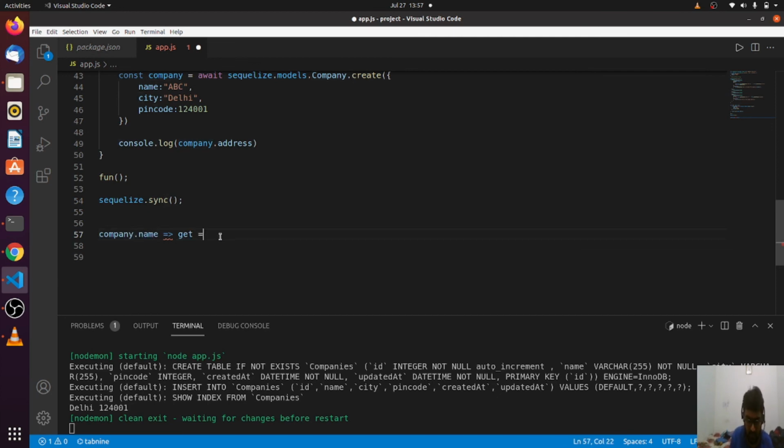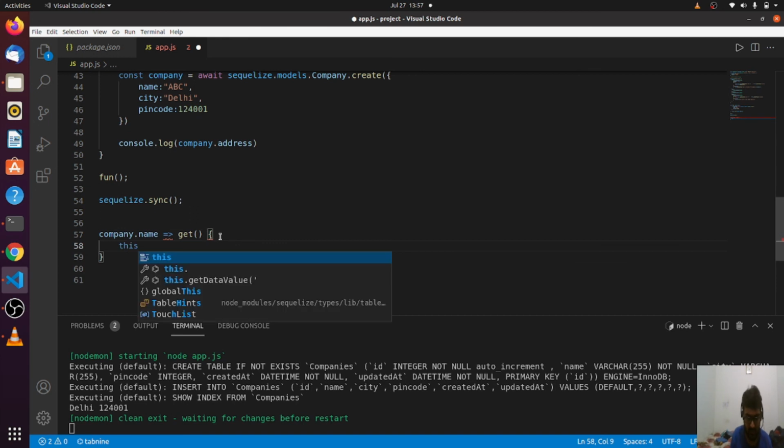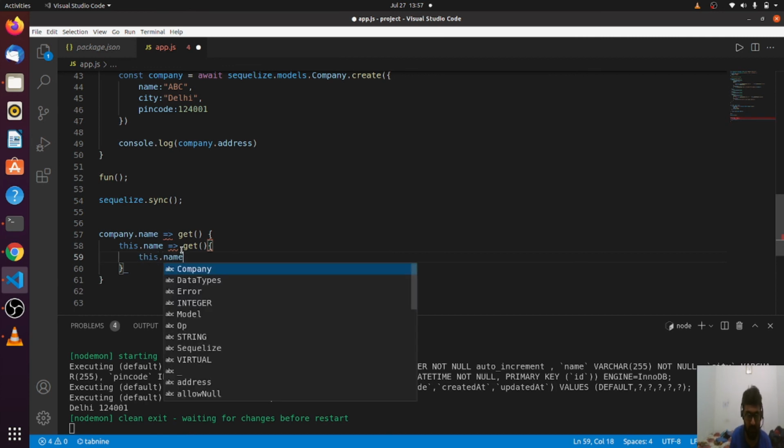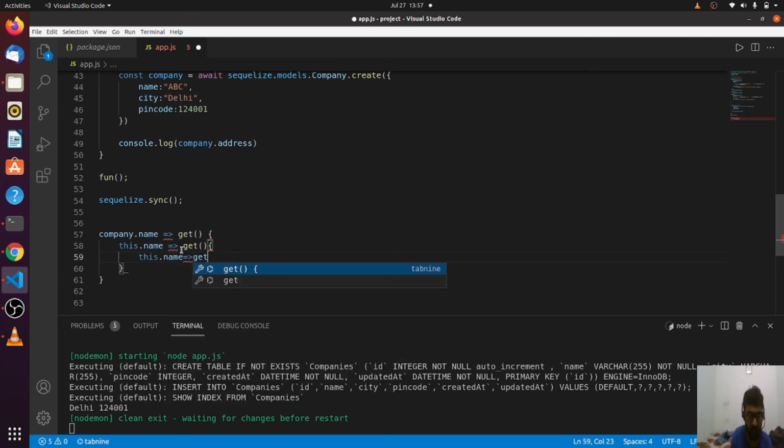If in the get method, somewhere I'm doing this dot name, it will immediately again call the get method. And in that get method, we have this dot name statement, which will call the get method again. So we will be getting into an infinite loop.